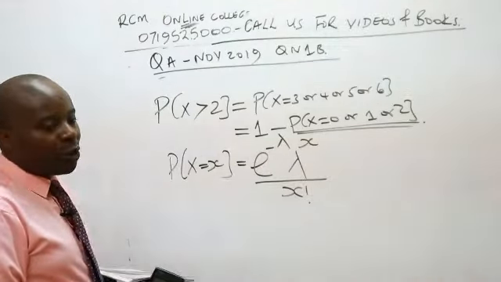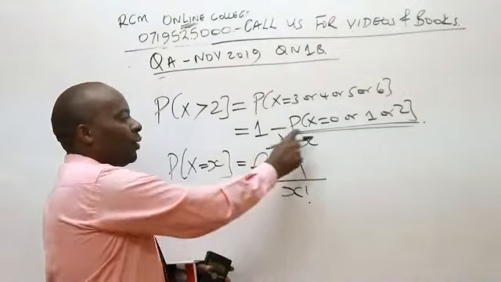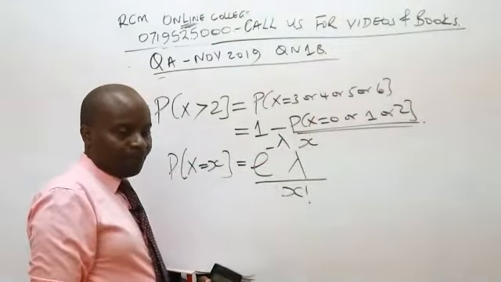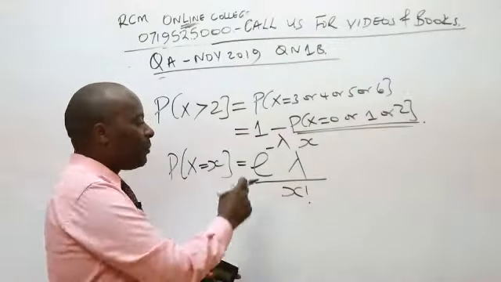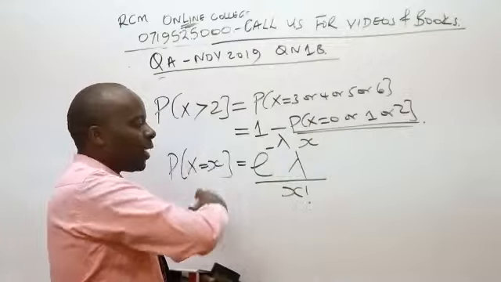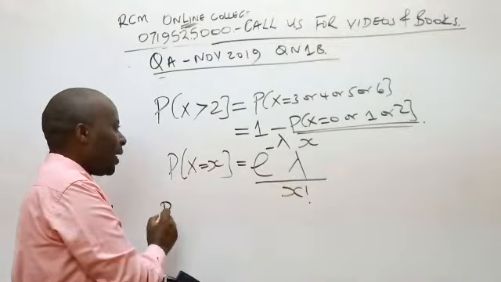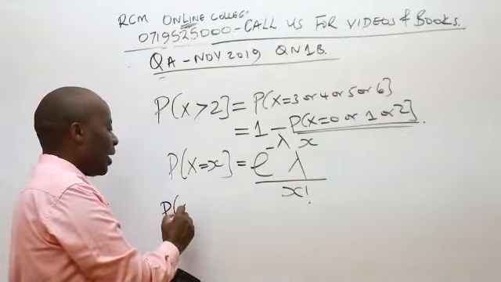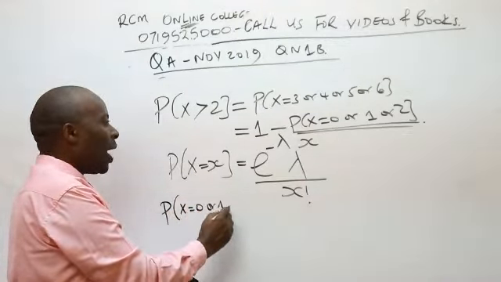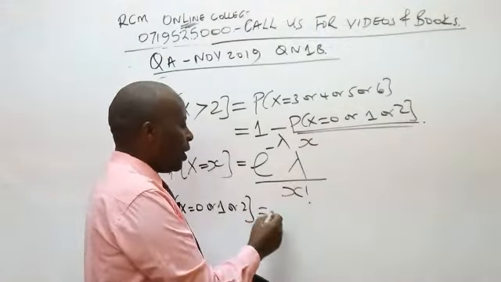So then what you need to do is to get the probability of each one of these. The very best, because this e will apply to each one of them, is to factor it out. So probability of x equals 0 or 1 or 2 using this Poisson will be equal to e raised to